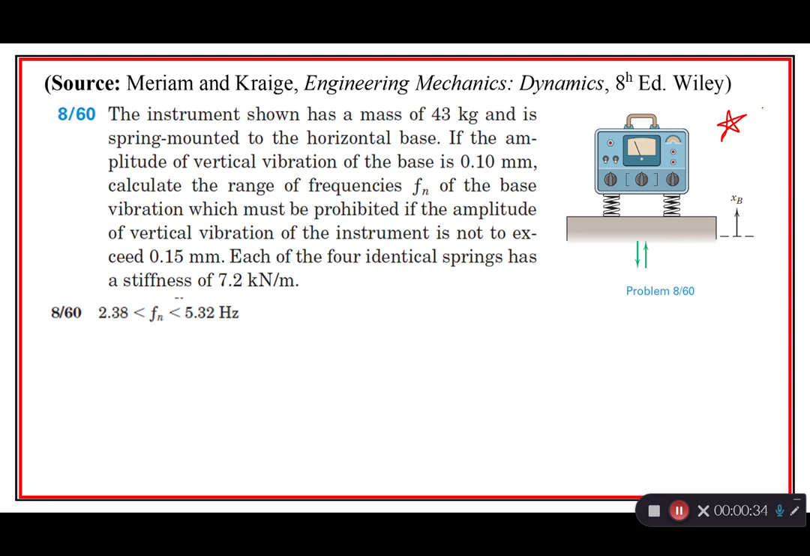So this instrument shown has a mass of 43 kilograms and is spring mounted to a horizontal base. If the amplitude of the vertical vibration is 0.1 millimeters, right, so that's going to be our Y. We call it Y, they're calling it XB, is 0.1 millimeters. And calculate the range of frequencies, Fn,